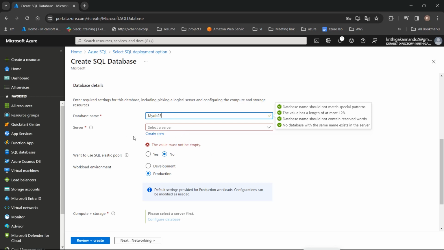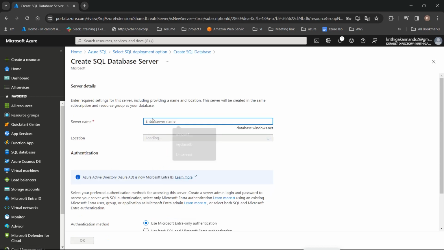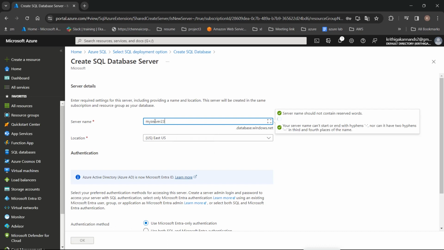Then server. We have to create a server for this SQL. So create new, server name. Server name must be unique. So now